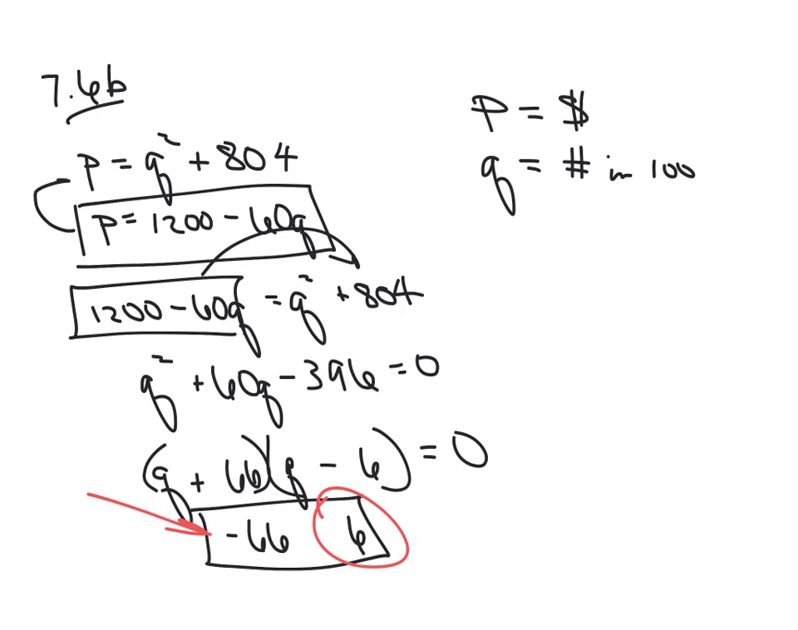And then we take our 6 and put it in here for Q. So 36 plus 804 is $840, is what the cost is for 600 units. That's the equilibrium. All right, so example 4, they give you an opportunity to solve a nonlinear system graphically, and